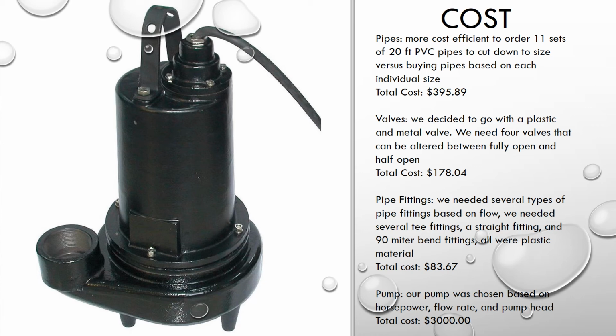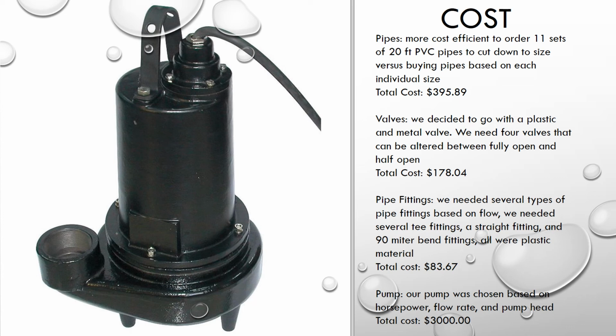We need 4 valves that can be altered between fully opened and half open. The total cost for that came out to $178.04. For the pipe fittings, we needed several types of pipe fittings based on flow. We needed several T-fittings, a straight fitting, and a 90-degree bend fitting. All were plastic material. The total cost came out to